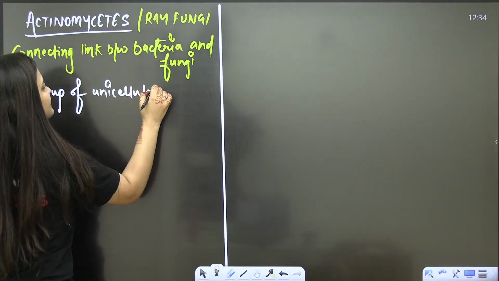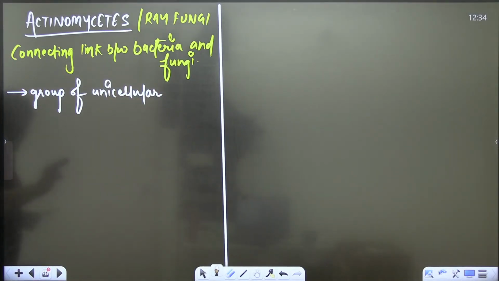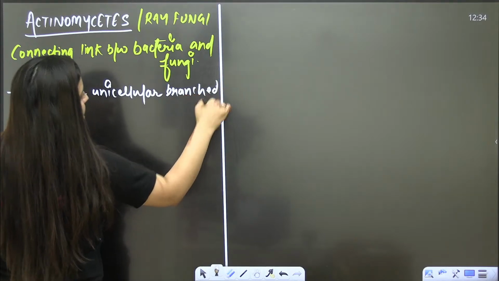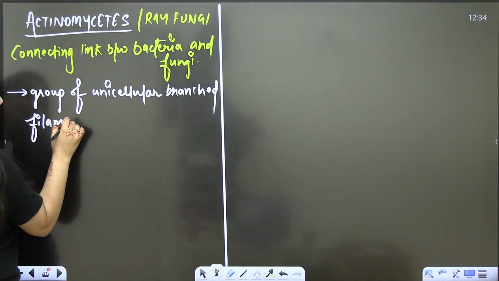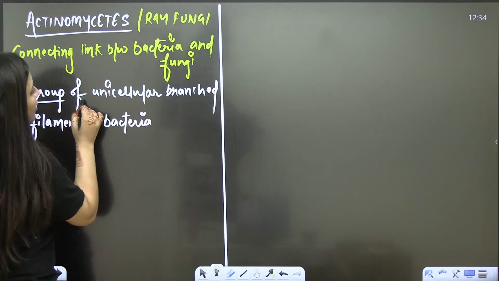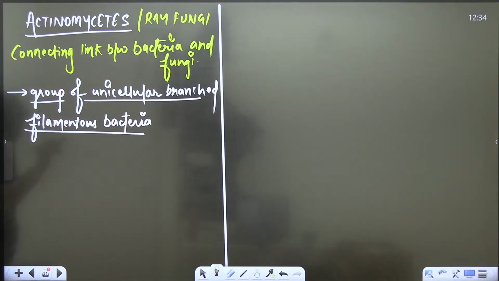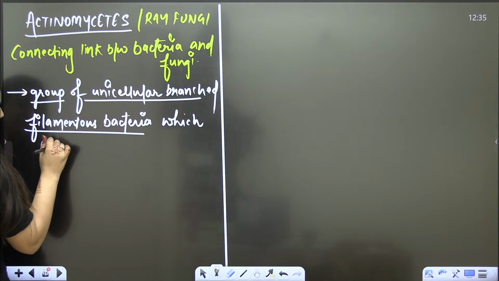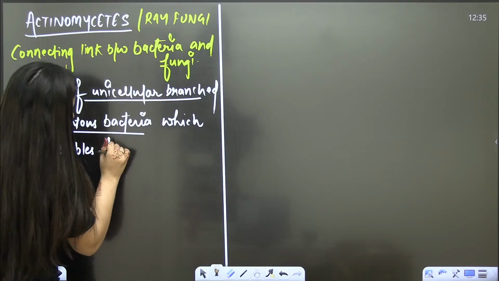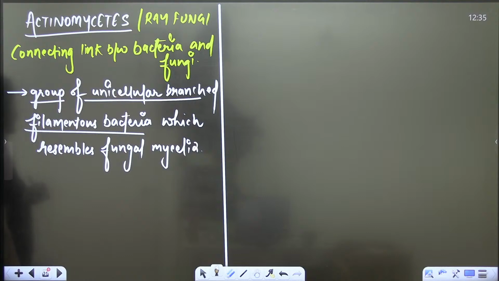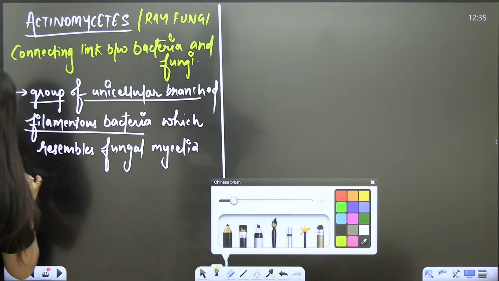Unicellular means single cell. It's a group of unicellular branched filamentous bacteria which resembles fungal mycelia. Is that clear? Which resembles fungal mycelia. Okay, so they are also kind of gram positive bacteria,